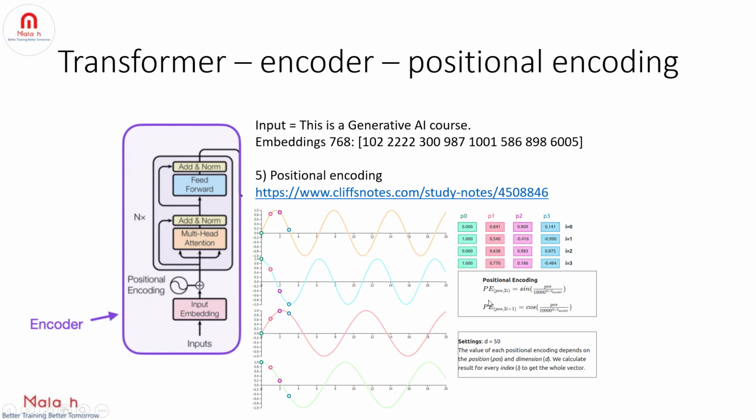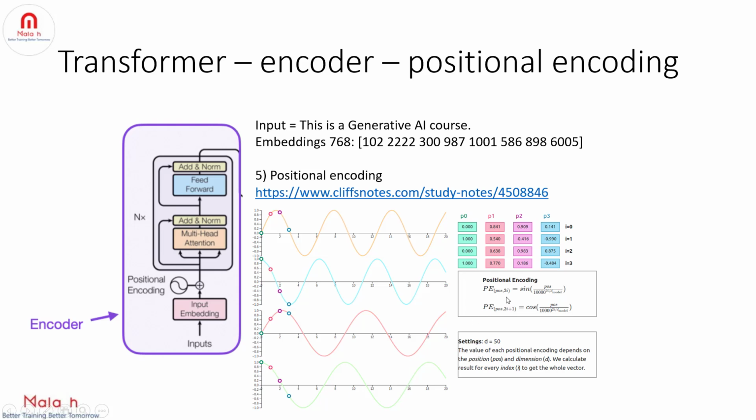So these are the formulas. This is positional encoding, PE, of position comma 2i. So i is the index, right? Equal to sine of position divided by 10,000 to the power of 2i divided by d_model. That is the dimension of the model. Here we are taking d as only 4, right? If it is BERT, you already know it is 768, whereas if it is GPT, you know it is 512. So each model will have a fixed d, that is the embedding vector size, right? This is how we'll calculate positional encodings by using sine and cosine functions.